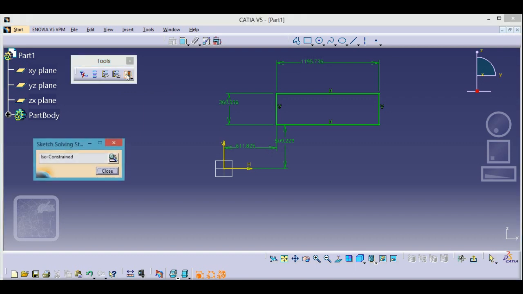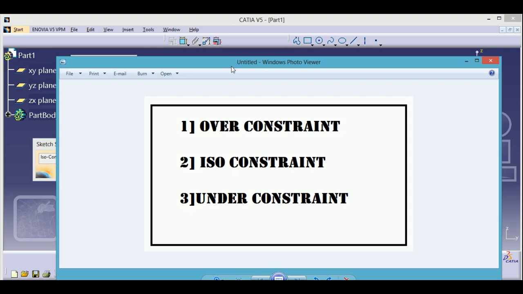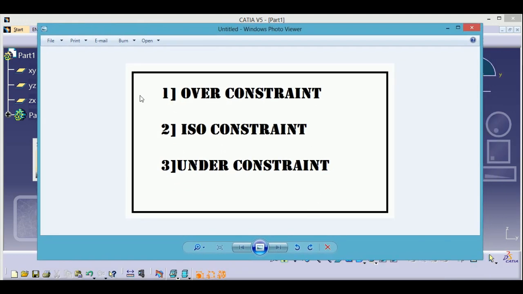In tools we have sketch solving status. If I click over it, it will show you ISO constraint. ISO constraint means it's totally constrained and it will not move from its place. All the dimensions are proper and you don't have to bother about it. So basically there are three kinds of constraint. The first is over constraint, the next is ISO constraint, the third is under constraint. What is over constraint? You are giving dimensions more than needed.